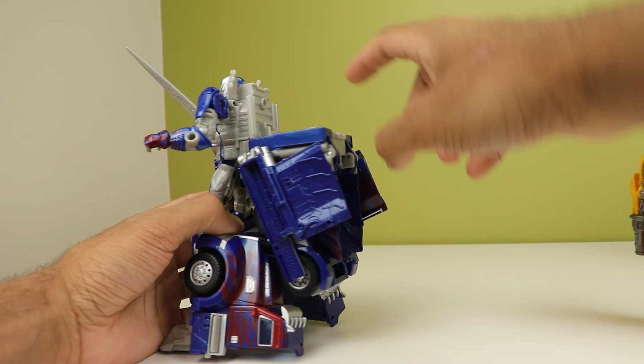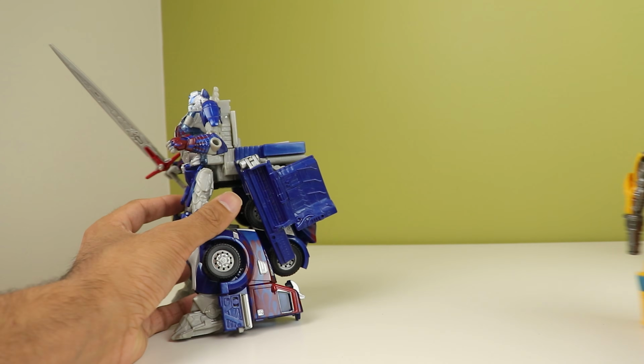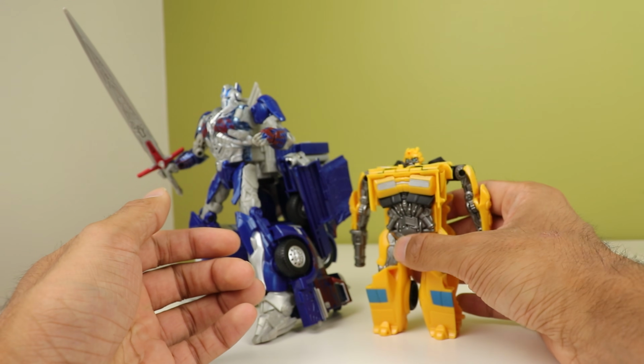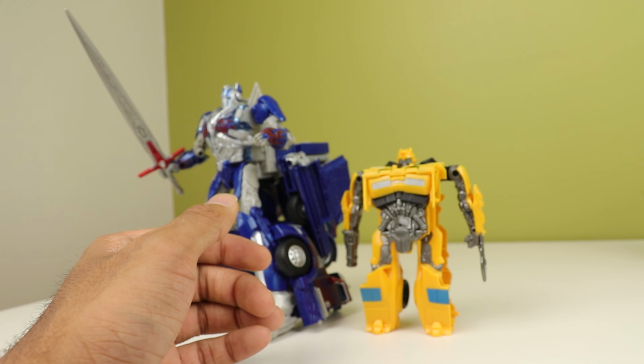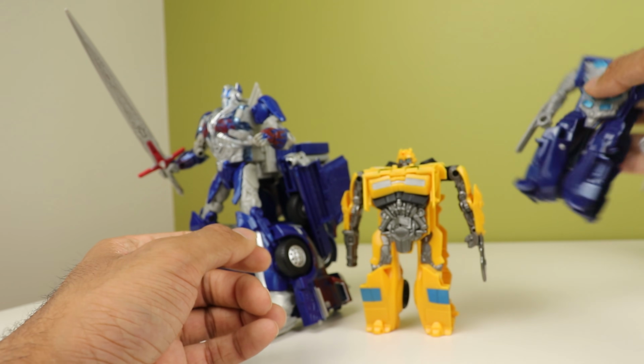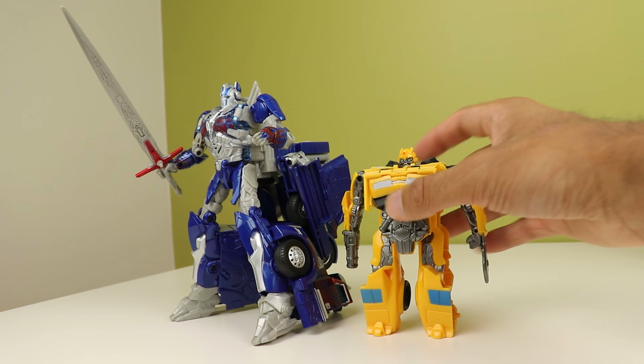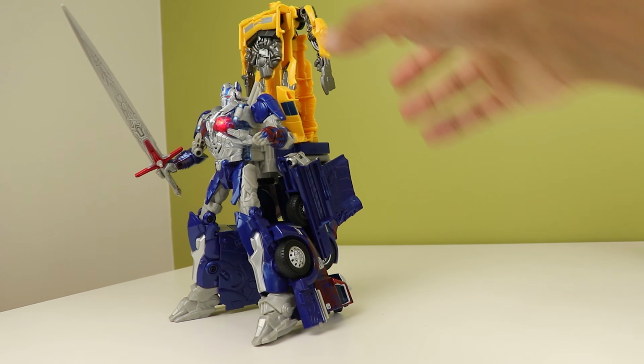But anyways, there's no magnet at the back anymore. As I said, it's just a pressure plate because they actually removed the magnets on these toys. I'm not sure why they removed them, because the whole magnet thing was neat, as a lot of different toys would activate when you put them on there. They wouldn't change what they do. And same with this, just put them on the pressure plate and...